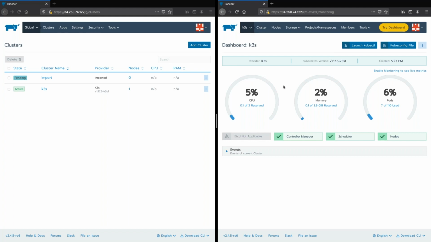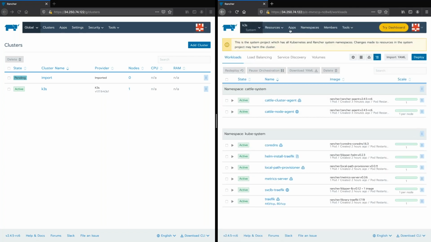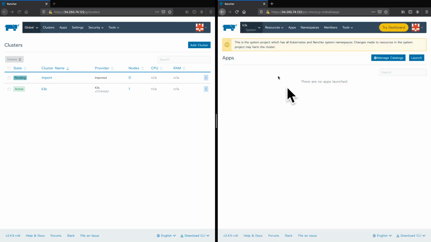So I'm just going to talk about it again. It deploys the system, the chart, the app in the system project. That's one of the first steps that the controller will do if Rancher upgrades a K3s cluster. So I'm going to go into the system project, and I'm going to go into apps, because the app is